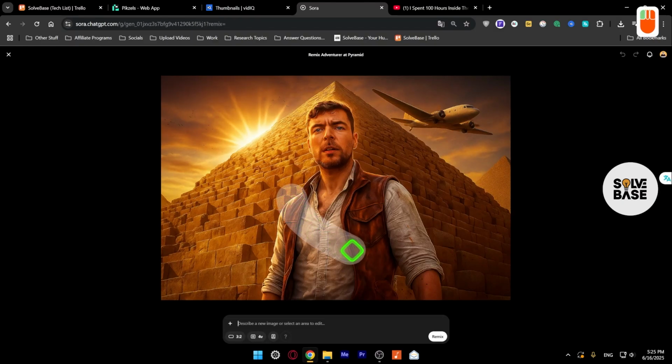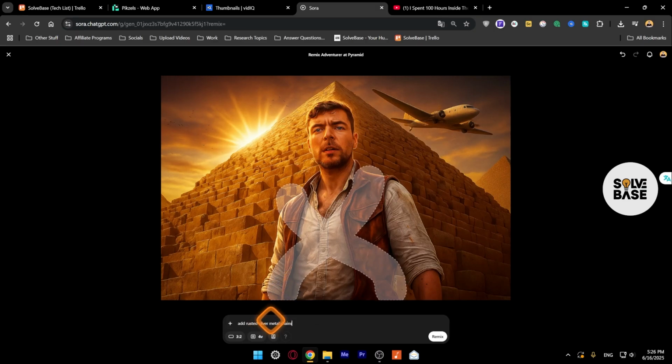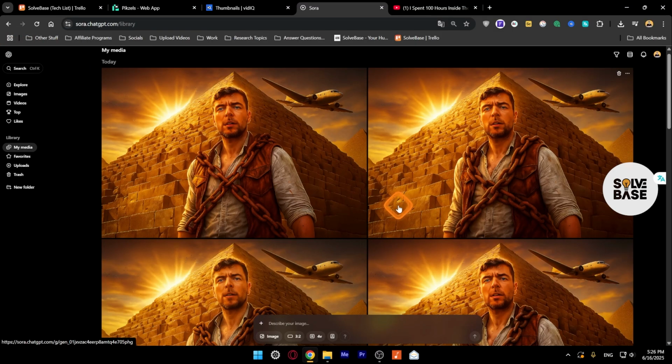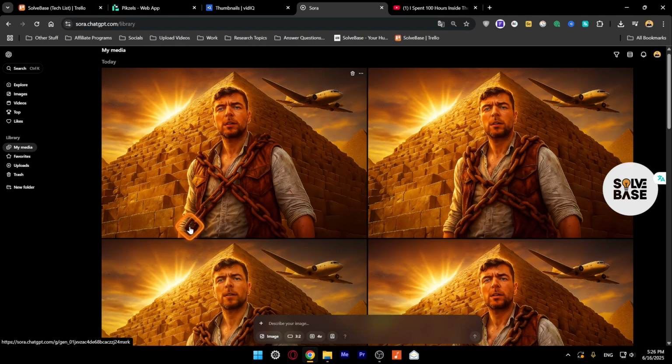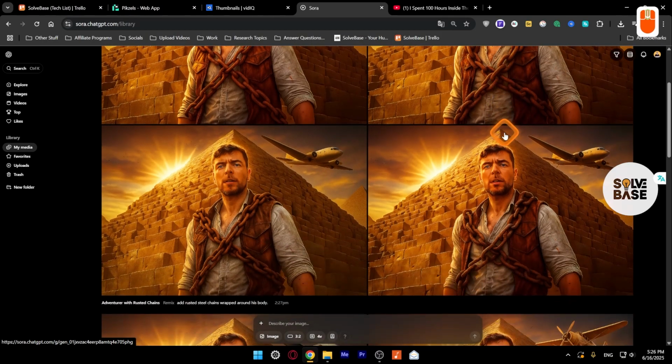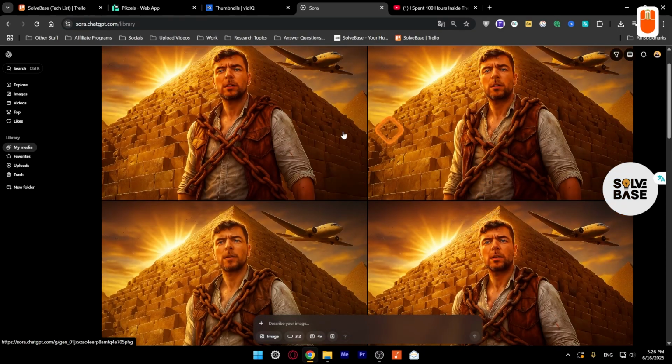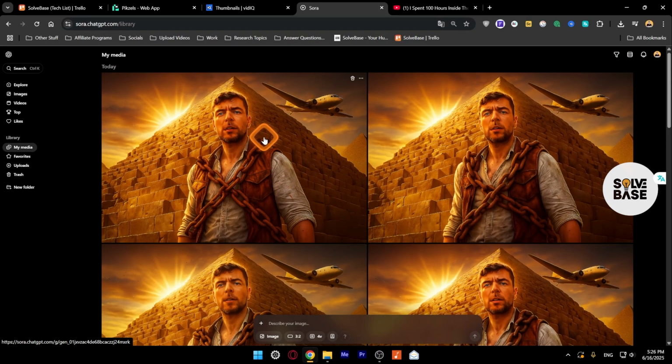Again, just draw over the parts where you want to add something. And this time I'm going to say add rusted silver metal chains, and then click on remix. And these are the generations it has created. And you can take a look at them. I don't really like the first one as there is some glitch over here. The second one is really good, this fourth as well, and this third one as well. They all look good. This first one is the only thumbnail that it generated that I do not really like